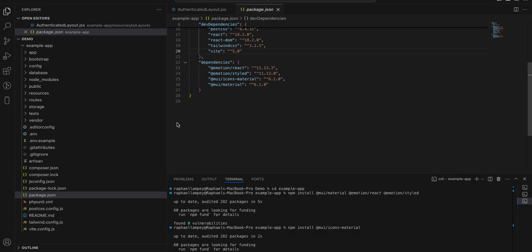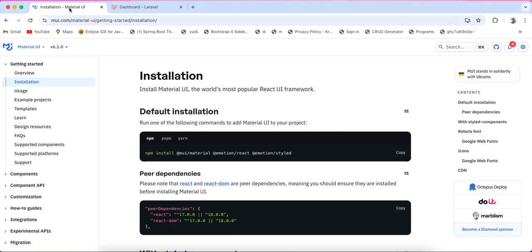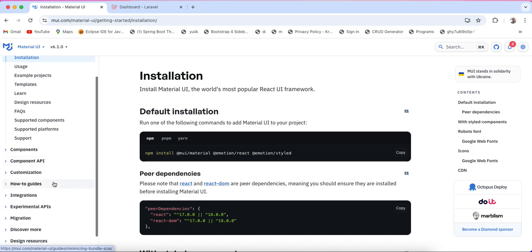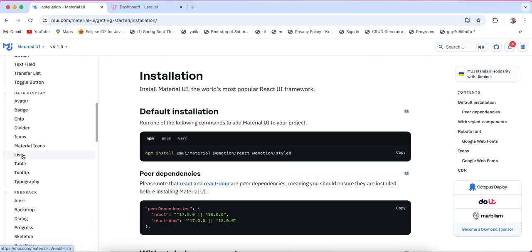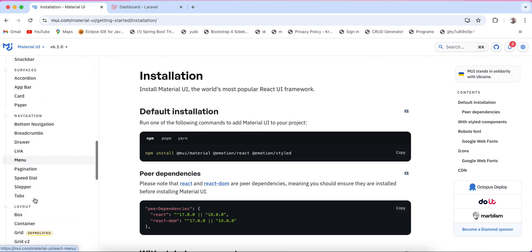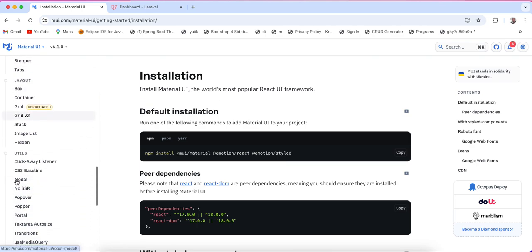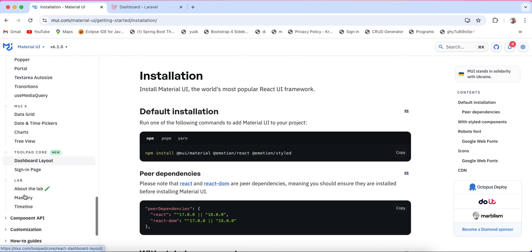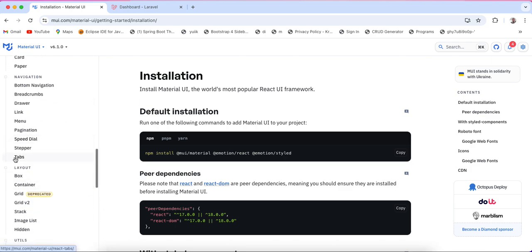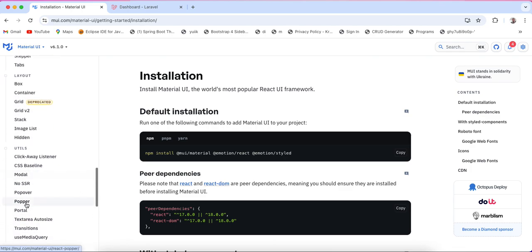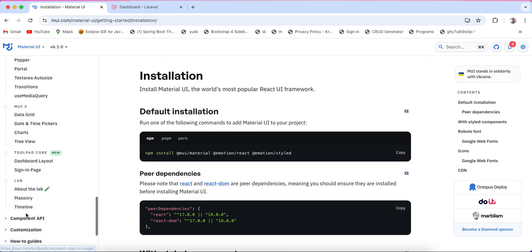And now that we've been able to install the MUI library, let's make use of its components. So in the components of Material UI, for the layout, let's use